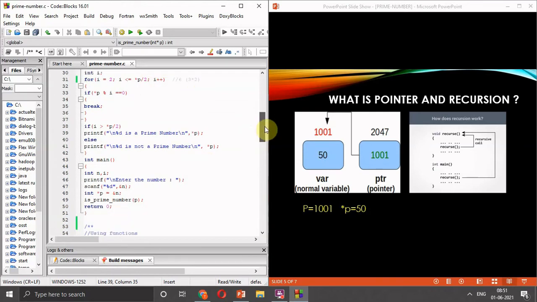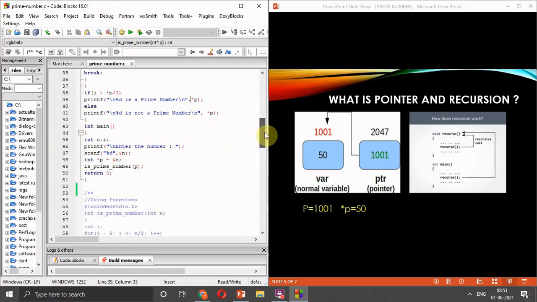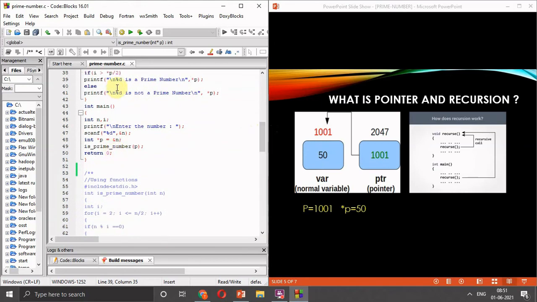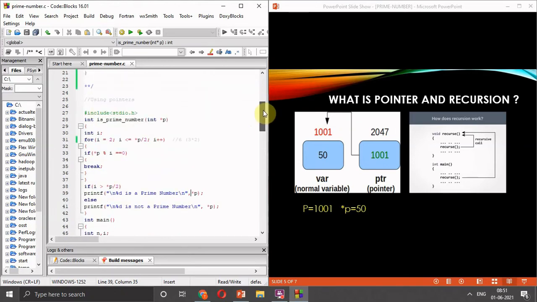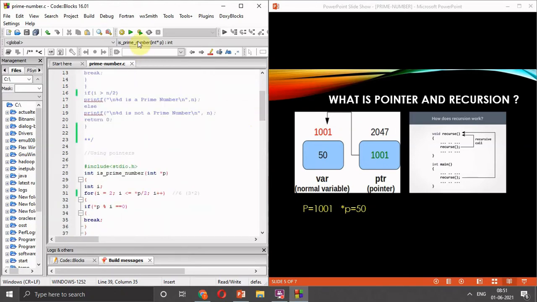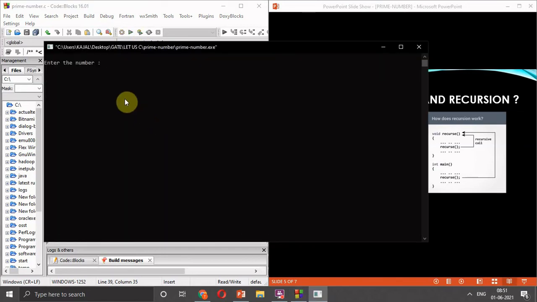Only this concept is quite different here. If you understood this, this prime number program using pointer is a very easy thing for you. Now we have printed on the screen that %d is not a prime number. Now let's run the program.